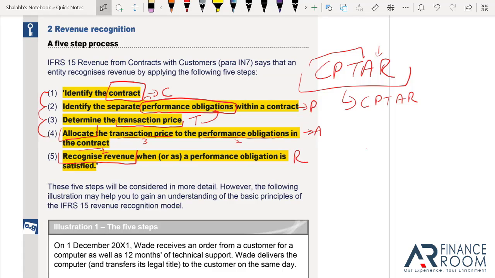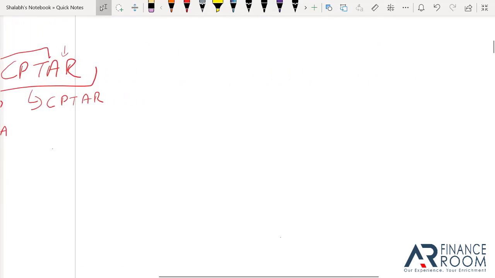Now, C stands for, now let me hide this. All right, you shall be repeating with me. You can fool this by looking in the book, but in that case, you aren't fooling me, you are fooling yourself. Do not look in the book because we are here to learn. You shall not be carrying the book in your exams, right? This is not an open book examination. So don't look in the book. Try to recall it. The code is CPPAR, Captain AR, Captar, whatever you want to pronounce it.